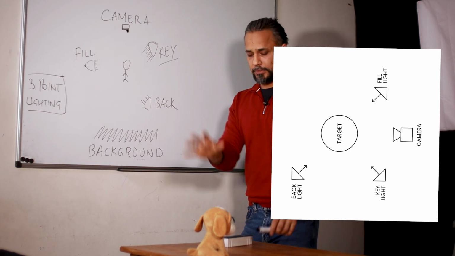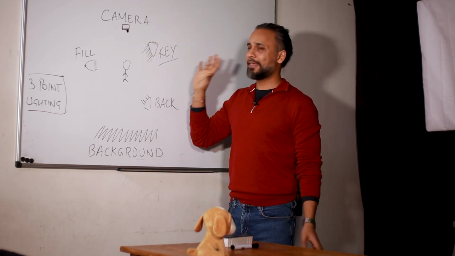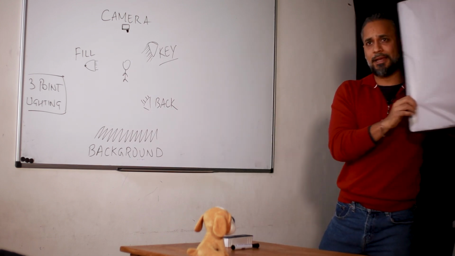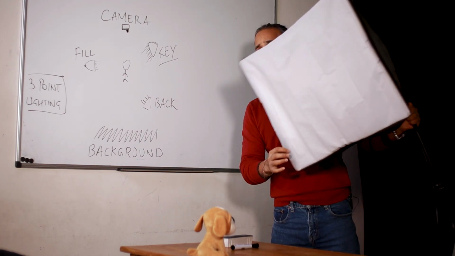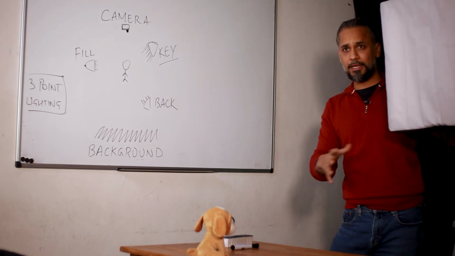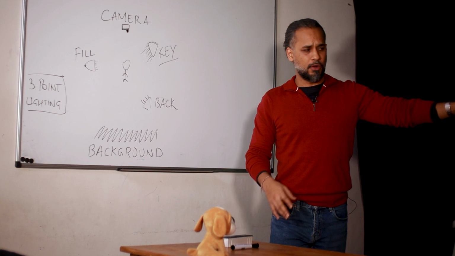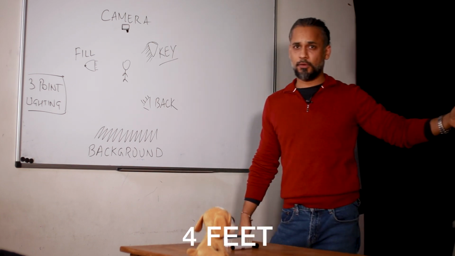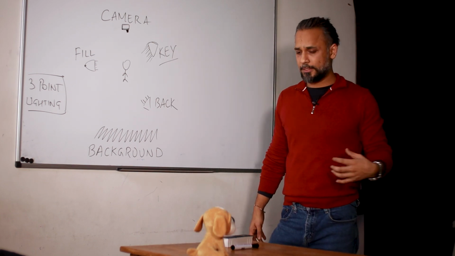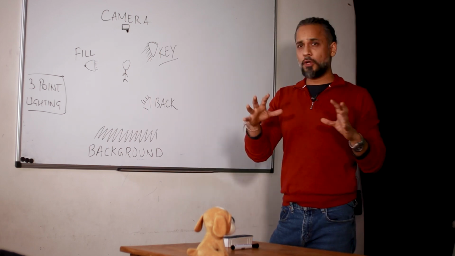Okay, now a couple of things. The key light looks something like this. Okay, you see it's a big source of light. It is not so near. I'll keep it really far, somewhere around 4 feet from here. Okay, because it's quite a strong light. Then when we talk about fill light,